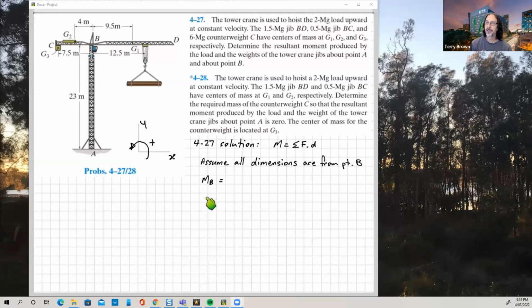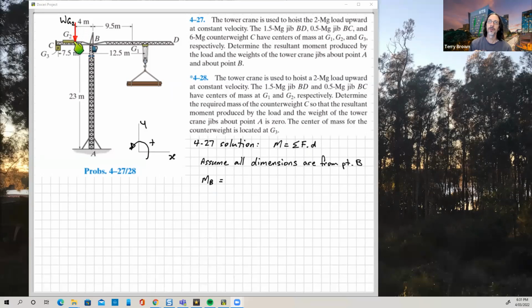Now if we calculate the moment, so this is big M for moments, not little m for mass, so calculating the moment effect about point B. So we're going to add up all of the moment effects of each of the forces that are acting on this crane. So starting from the left-hand side of point B, the first one I put in here is